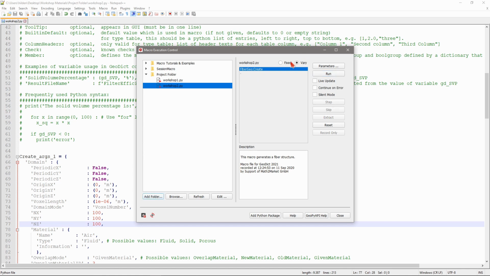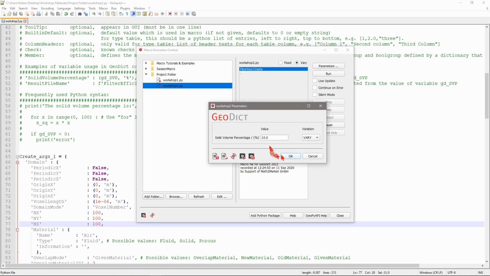And if we then click on parameters, we can enter value lists, not only one value, but as many as we want to. So for example, we could enter 10, 40, 70. These values have to be separated by comma, so 10, 40, 70. And then the macro will be executed 3 times, once for each solid walnut percentage value.